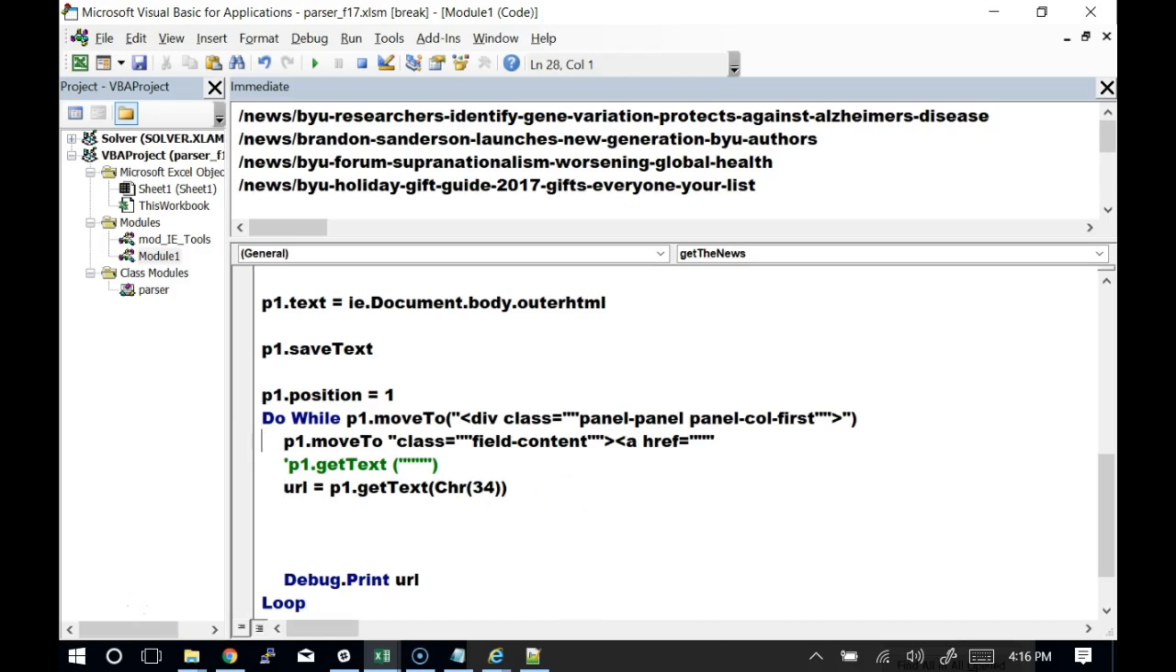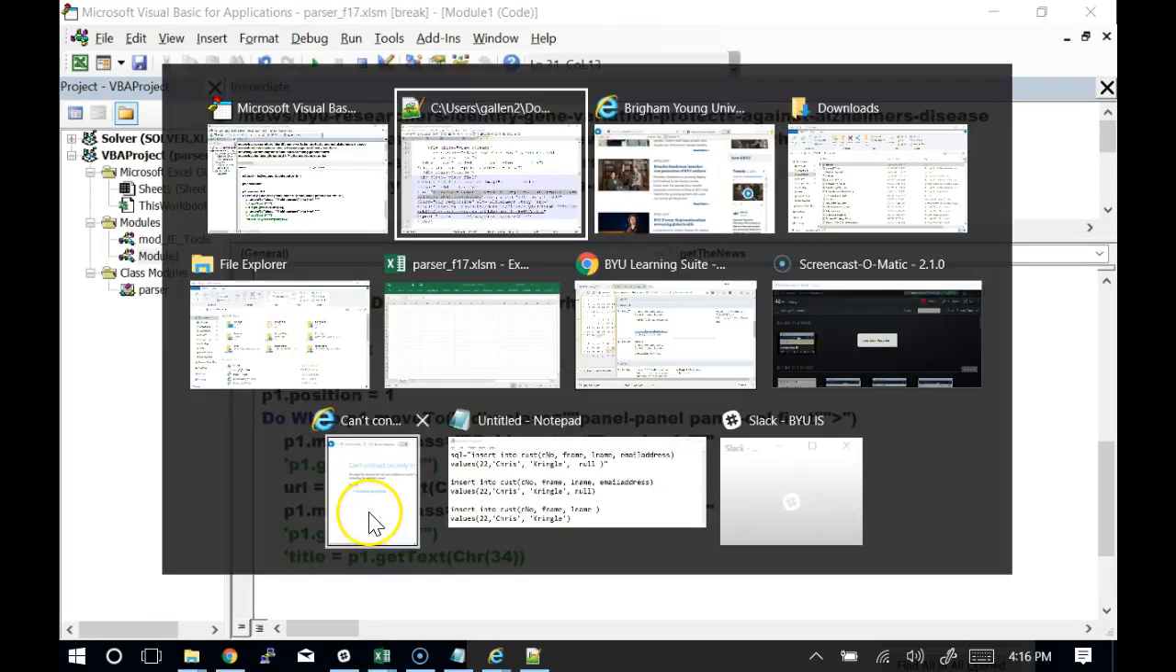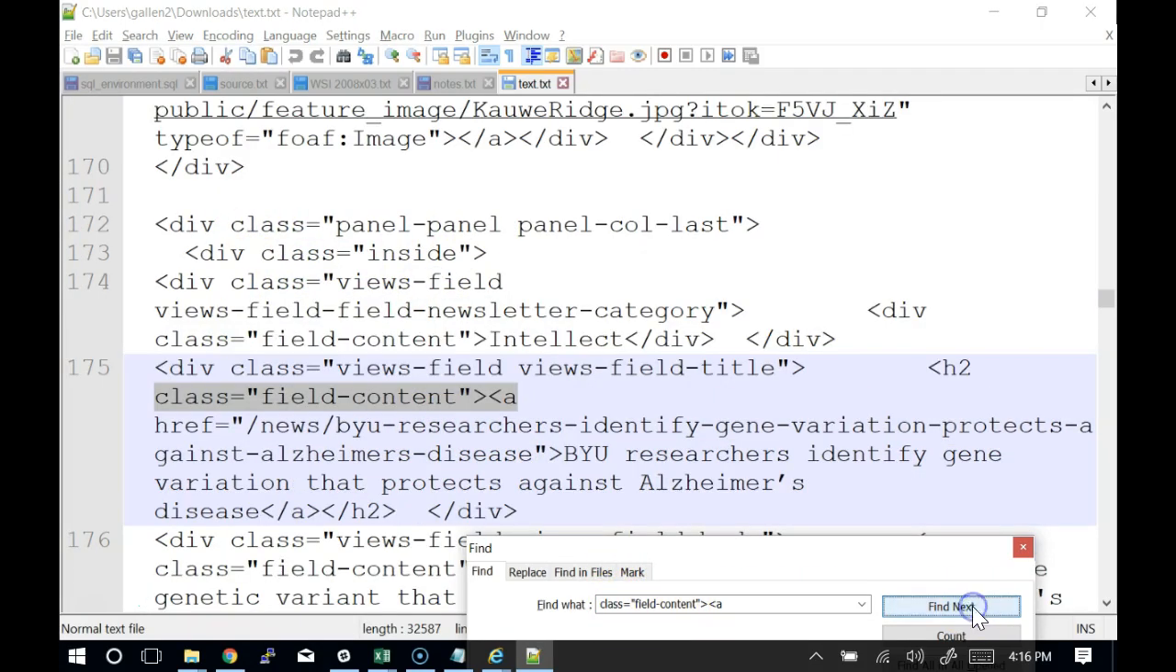Now, I think it's the same thing. I just want to move to the next occurrence of that field content. And title is going to need to equal something. I'm not quite sure what we're doing here. So let me just think about where that would be. I'm going to come back and look. So if I found this one, and now if I move to the next occurrence of class field content,